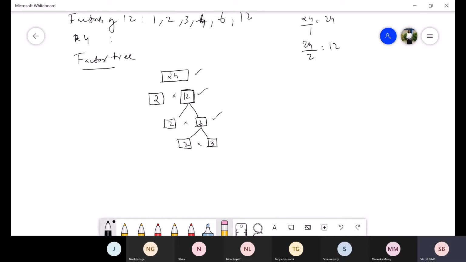Understand? Similarly, take any other number other than this. Suppose I take 455. If I divide by 5, I will leave a box here, and you should give me the answer. 45.